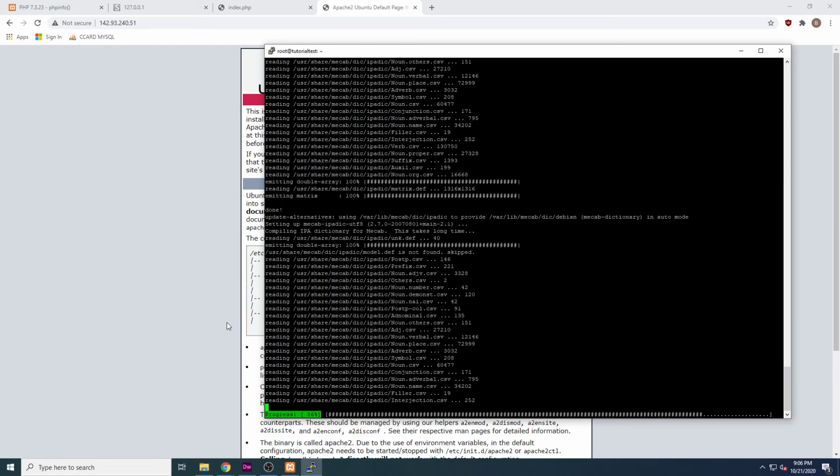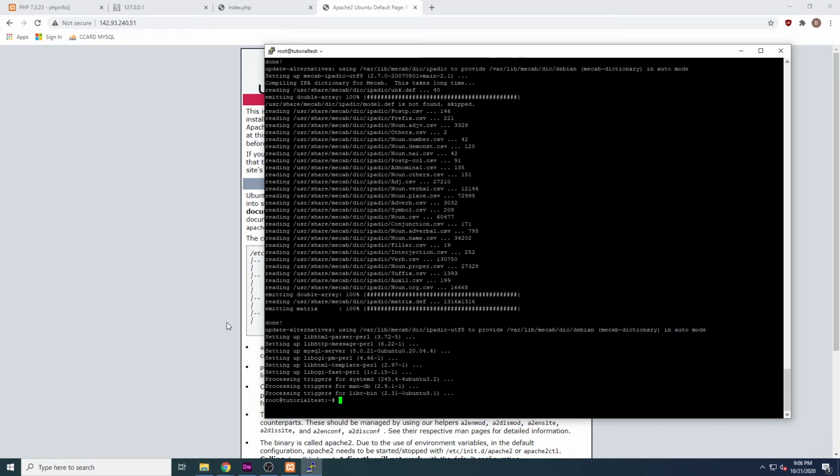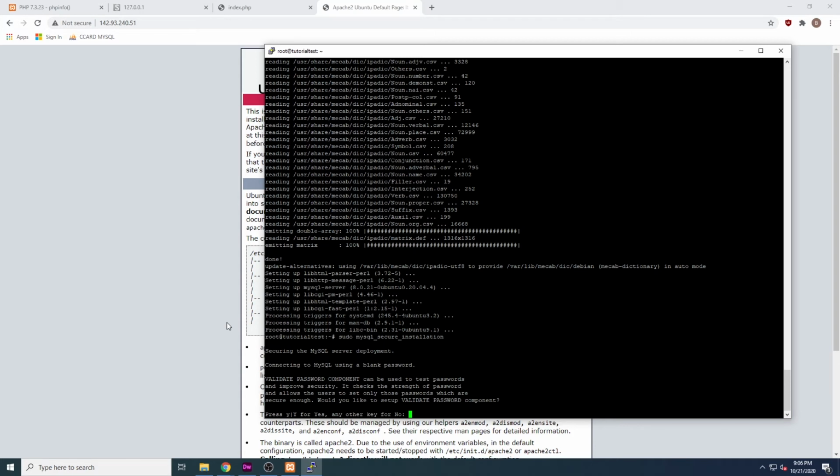This also takes a few minutes to complete, so we're going to skip ahead to the end. And we've skipped ahead. MySQL server has finished installing. We're just going to run a command. We're going to do sudo mysql_secure_installation. This will walk us through just helping to secure this installation of MySQL a bit. I'm not going to really go through this with too much thought because again, this is just a local test